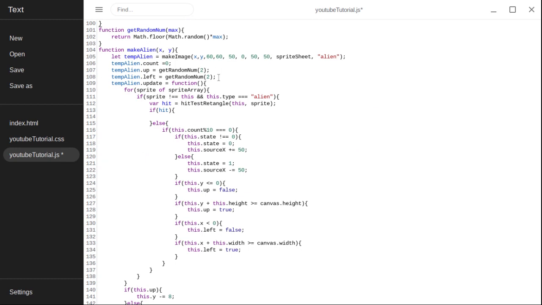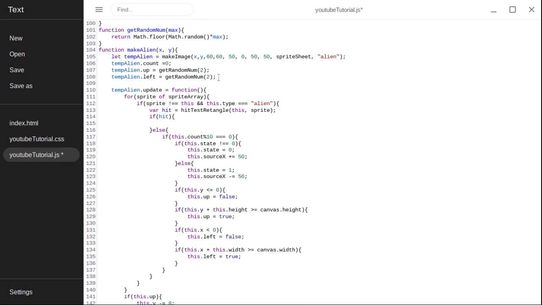I have briefly forgotten that we need temp alien.hit. So up here, when you make the alien, give it one more attribute and say temp alien.hit equals false, meaning it is not hit. And right here, in our logic to check to make sure that this is a alien,